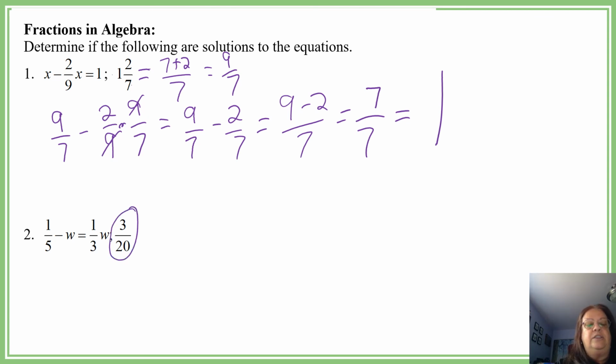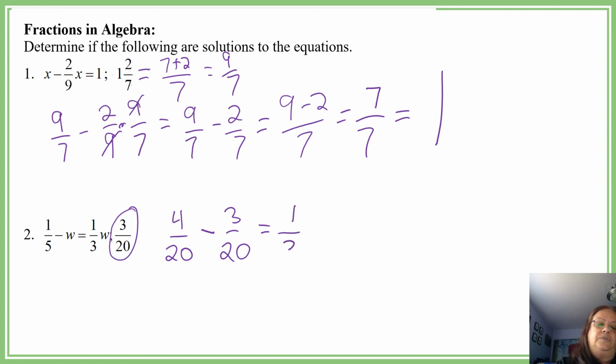Okay, so we're plugging in 3 over 20. Well, let's see. So we have 1/5 minus, well, you know what? I can convert the fifth to 20s. So let's do that before we get started. Okay, so if I want 1/5 to be 20ths, I have to multiply top and bottom by 4, sorry. So I have 4 over 20 minus W, which is 3 over 20, and that is equal to